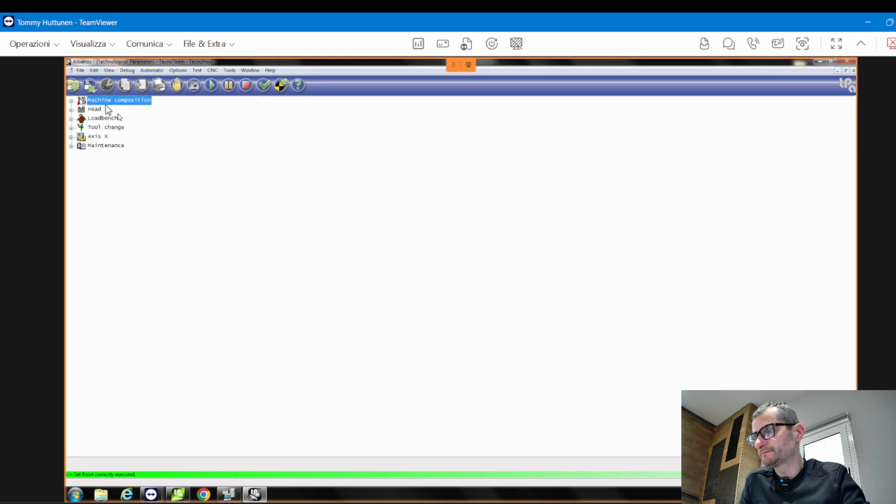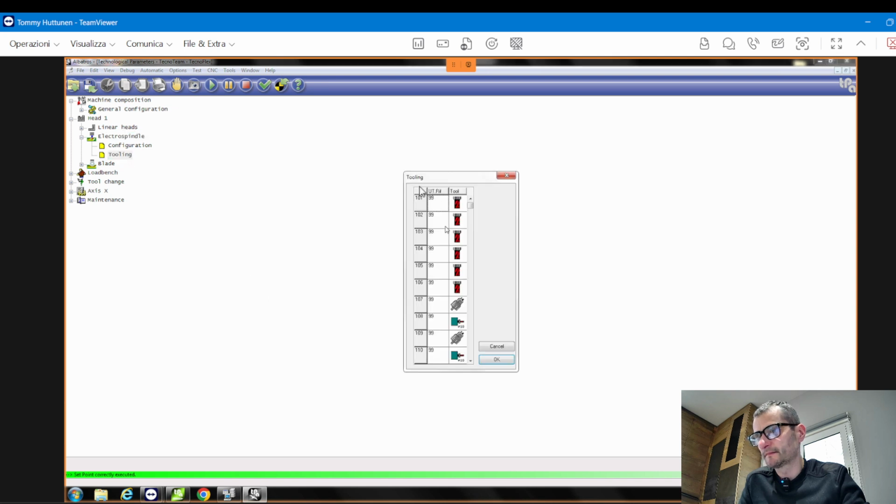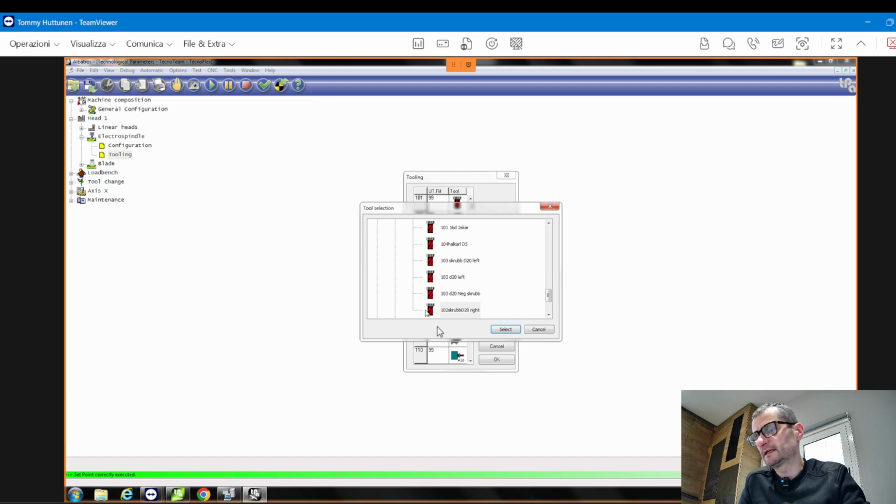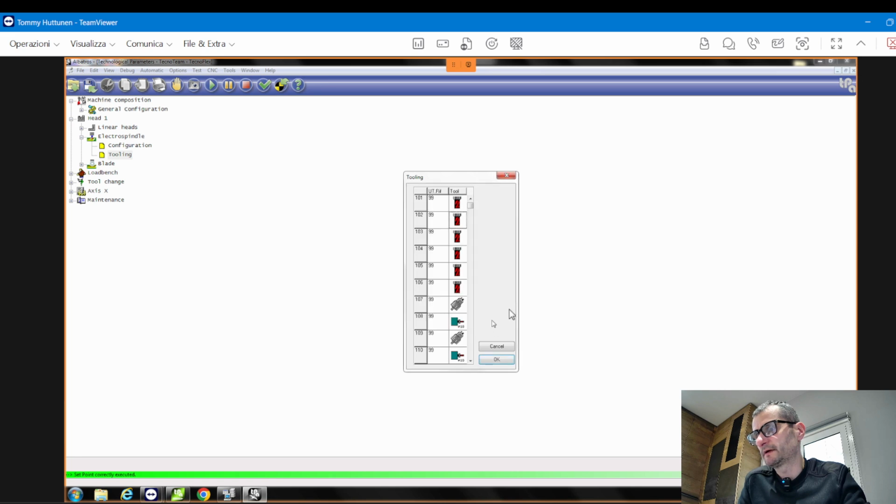technological parameter. You open the add one electrospindle and tooling. You go, for example, to 102, double click on this, and you write down that this is the tool you really have in the machine. When you are sure, you come back to